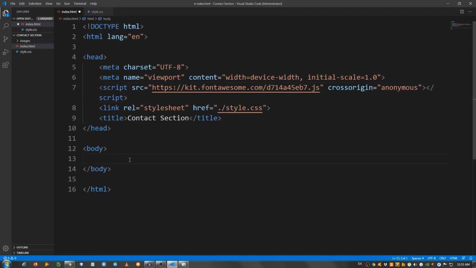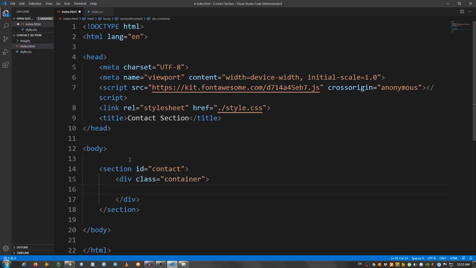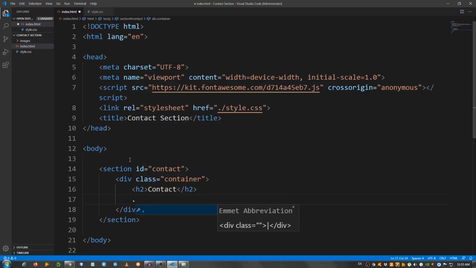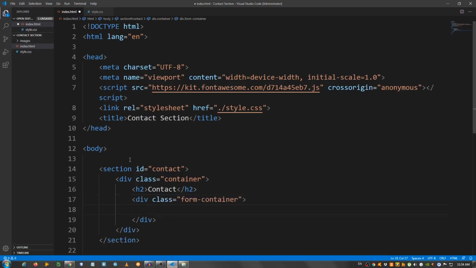Okay, now let's start with the body. I'm gonna say section, give it an ID of contact, and inside here I'm gonna create a div with a class of container. Inside the container I'm gonna put an h2 and say contact. Below the h2 I'm going to create a div with a class of form container, and inside another div with a class of form wrapper,